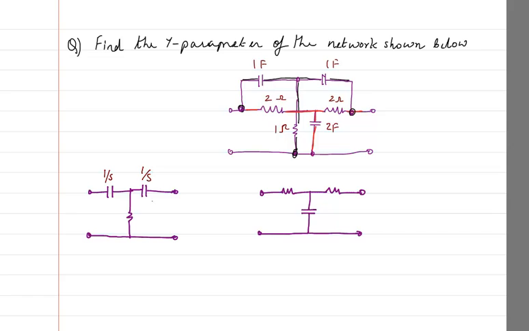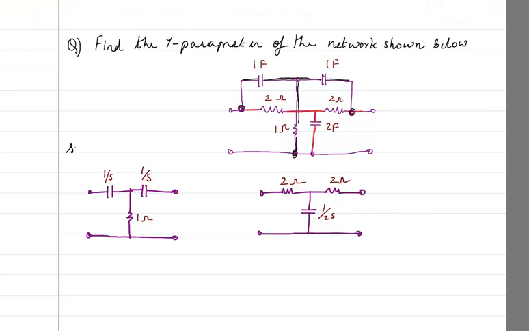This will be 1 by S because it is 1 farad, and we know the equation is 1 by Cs, so C is 1, so 1 by S. And this is again 1 ohm. This one is 2 ohms, 2 ohms, and this is going to be 1 by 2S. Okay. Now see, both of these are T networks, and we know that for the case of T networks,